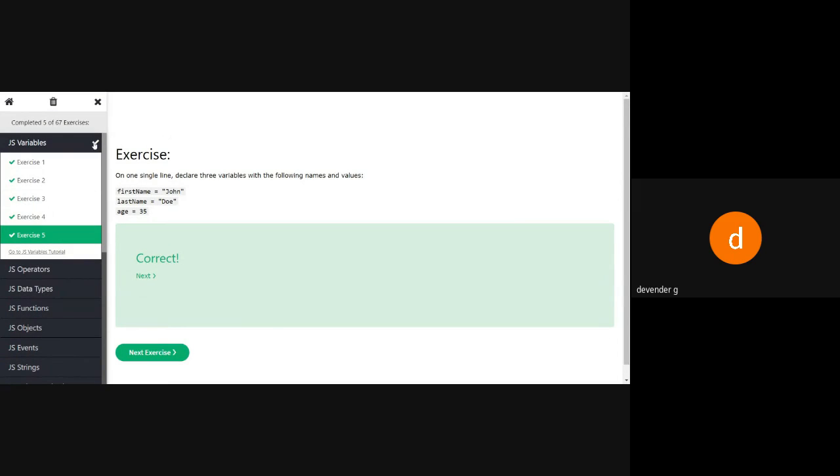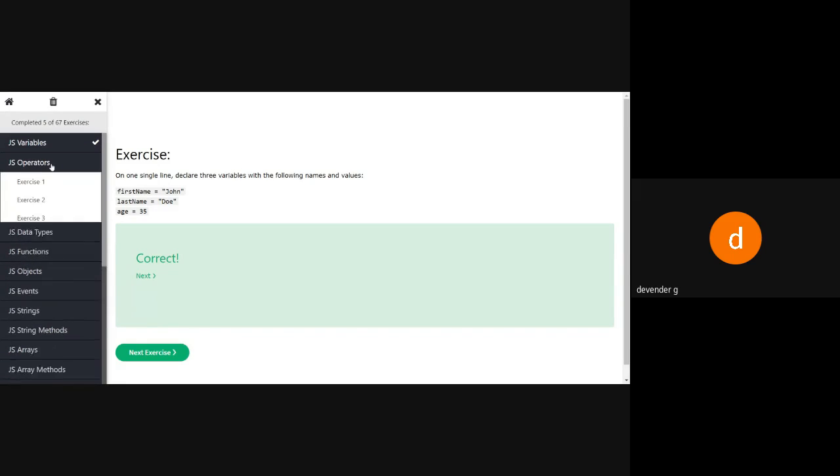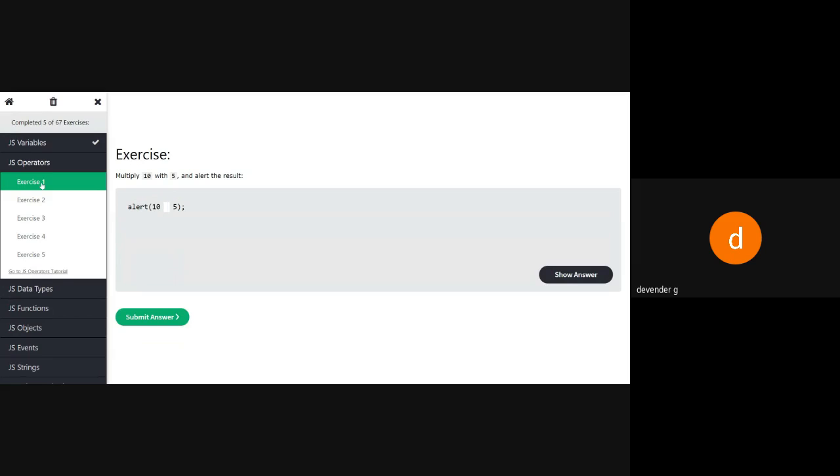Now we'll move to the operators. Now I want to display the message on the screen by multiplying the values. So how are you going to multiply 10 and 5? What is the symbol I have to use here?